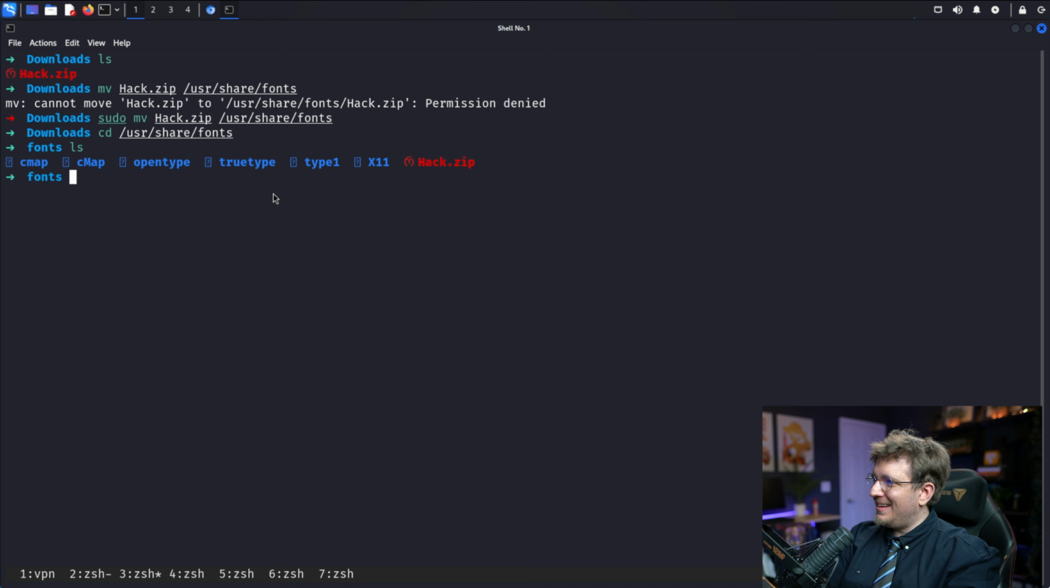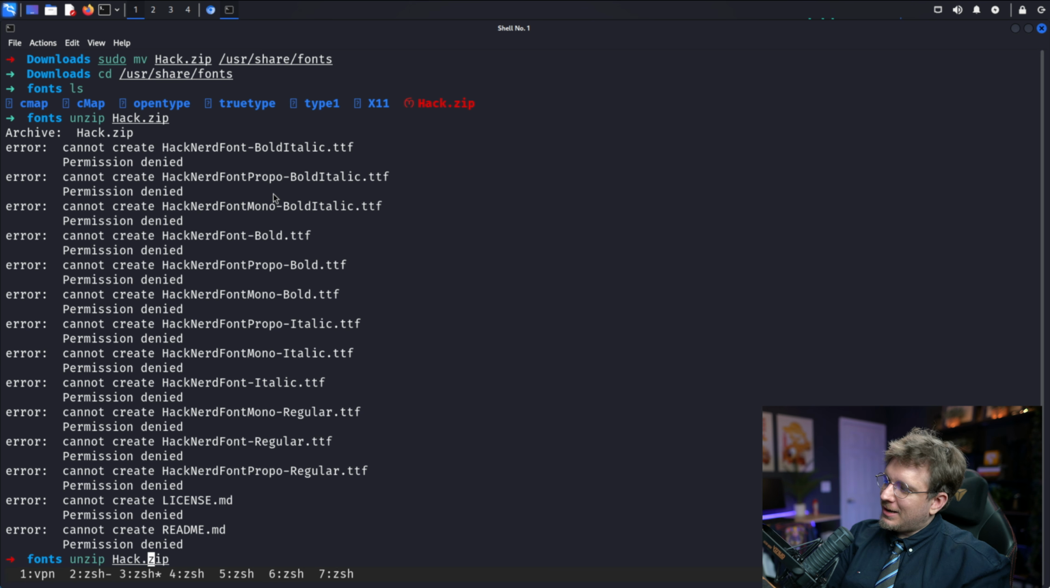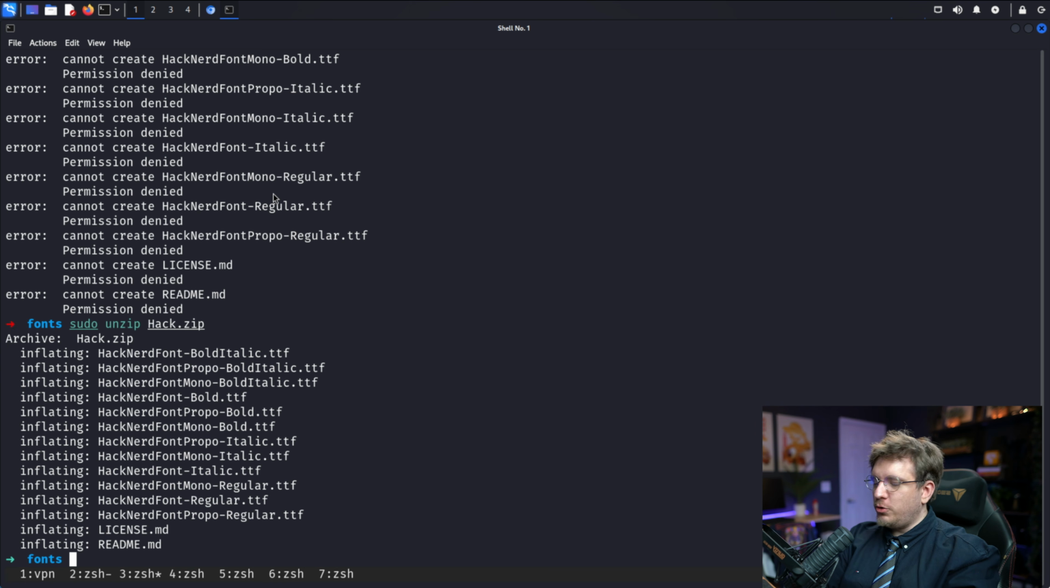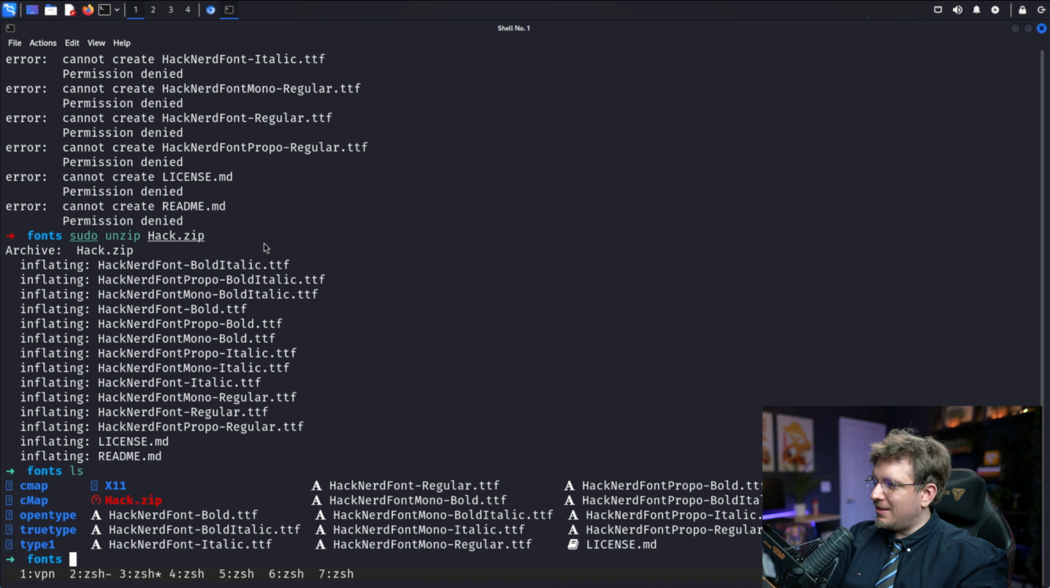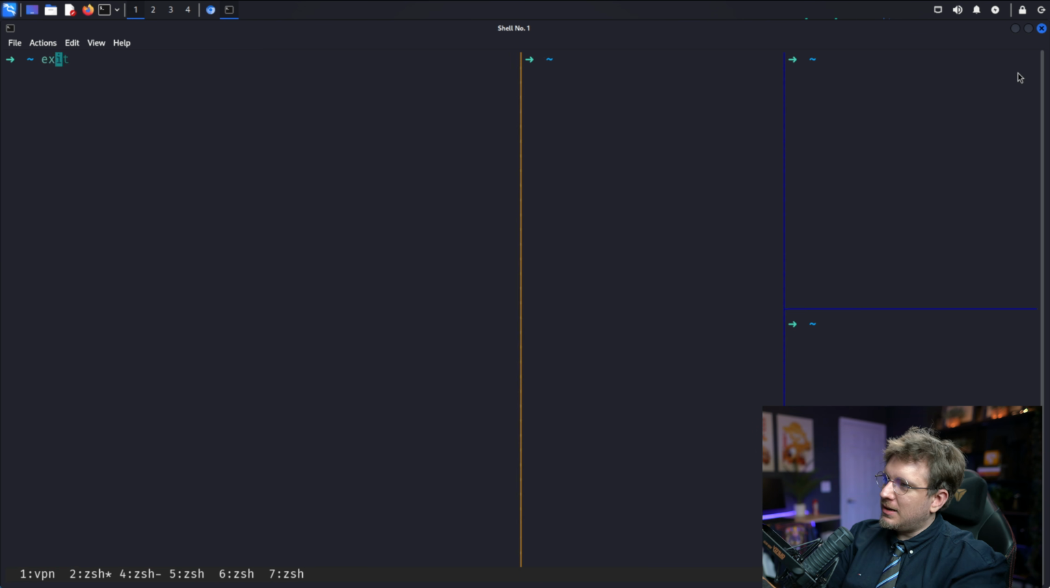And here is the standard font. So let's unzip the font, and we're getting permission denied again. We do have to sudo it because we're installing it not just for the user, but globally. So there is that font being installed, and we can ls and see the fonts we got installed, as well as the license and the readme file. But I'm going to simply exit